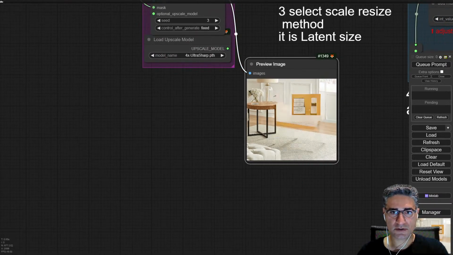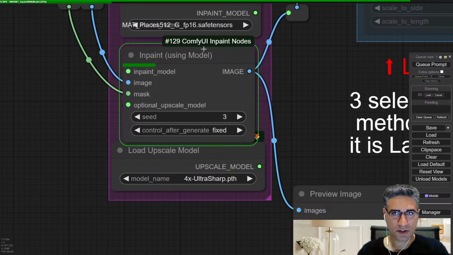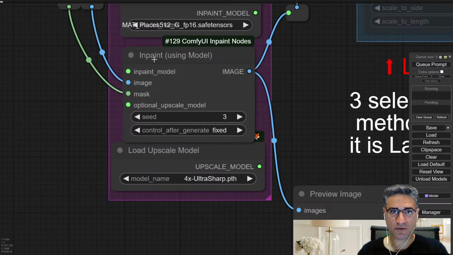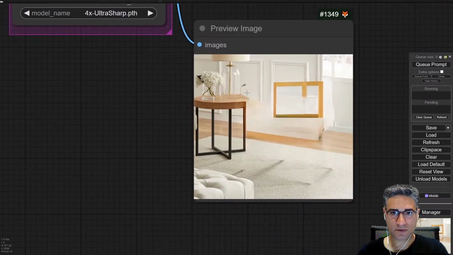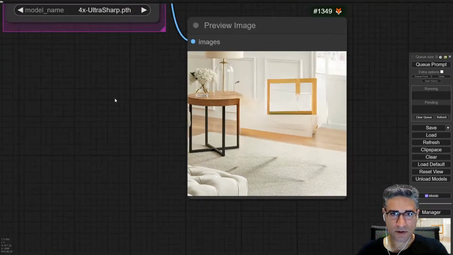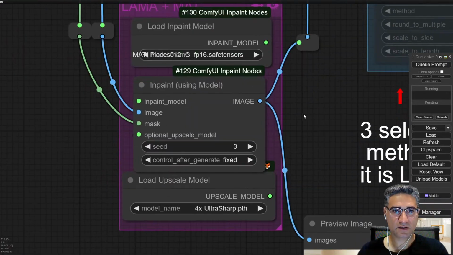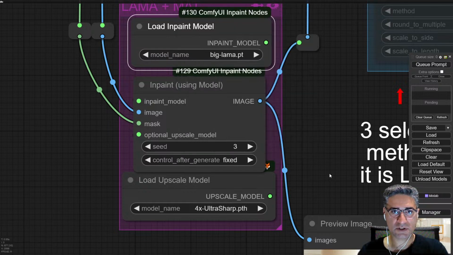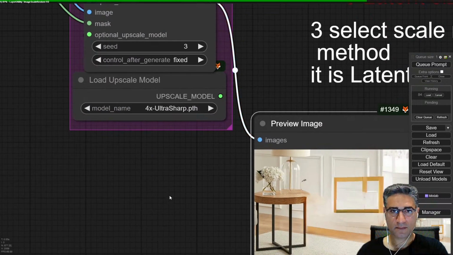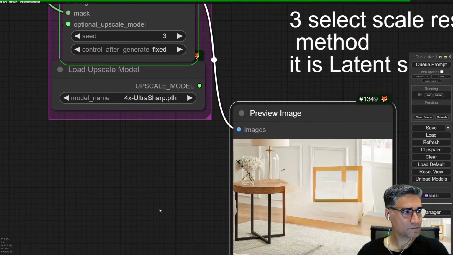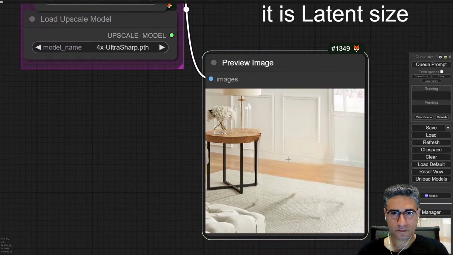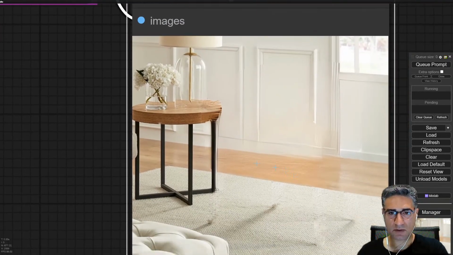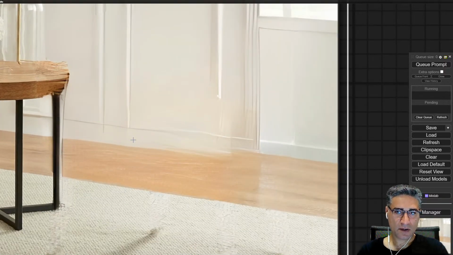Check another seed number. This node is coming from the ComfyUI inpaint nodes. Okay, it's not very bad. Also, let me check the big LaMa. Okay, big LaMa is better, but